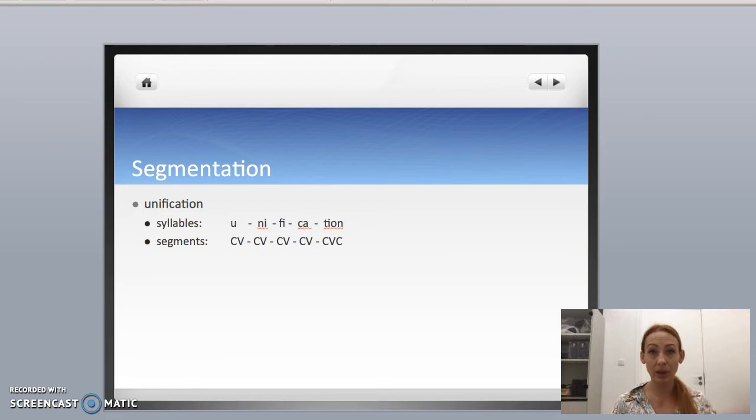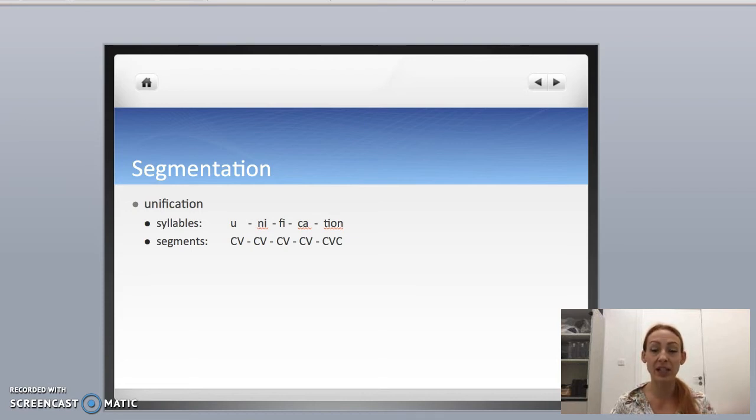For each syllable, try to say it very slowly, and you will see that your mouth changes inside the syllable. So the first syllable is you. You. And you can hear there are 2 segments. The second syllable is ne. You can hear and feel in your mouth that there are two different segments. So for each of the 5 syllables,